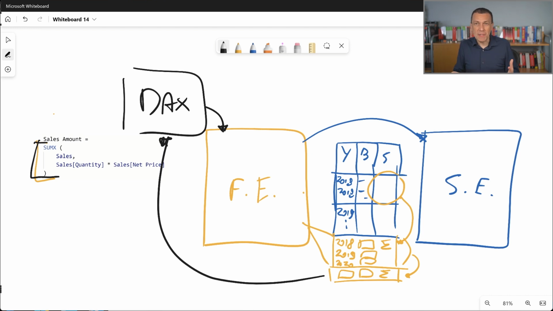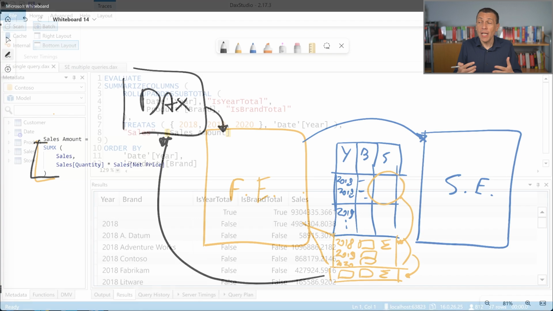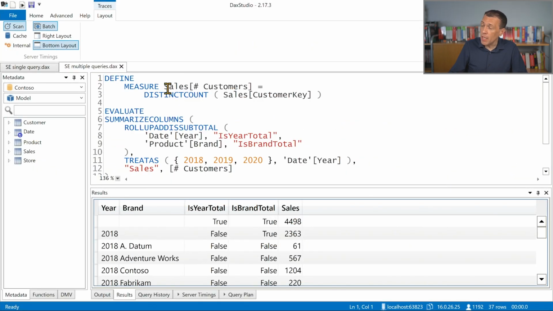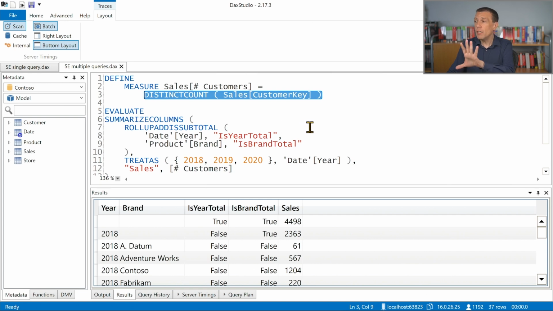But what happens if we have a calculation that is non-additive? So in that case we have a different execution. For example, in this case, we replaced the sales amount measure with a customers measure that computes the number of unique customers which we have for each cell of the result, which is the number of unique customers who bought